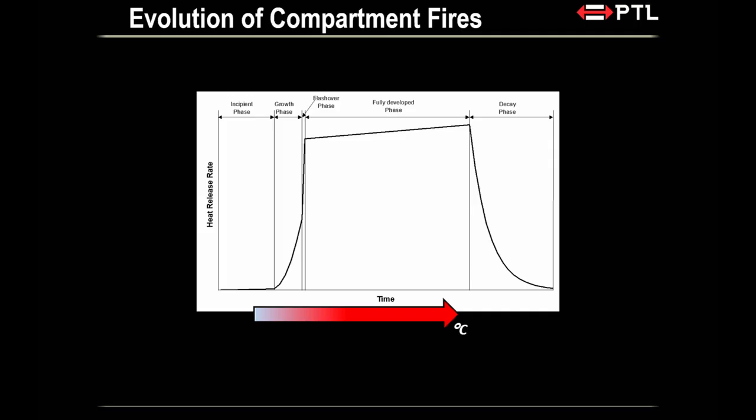So now if you stick a fire inside a compartment, the fire will go through these phases. You look at these curves, it's pretty similar to what we have before. All right, you have an incipient phase. Your fire will then enter a growth phase. During this period of time, your fire will probably be restricted to just one item, the first item ignited. And over this incipient and growth phase, the people have time to escape. You need to get out.